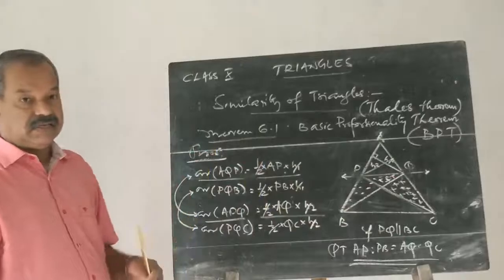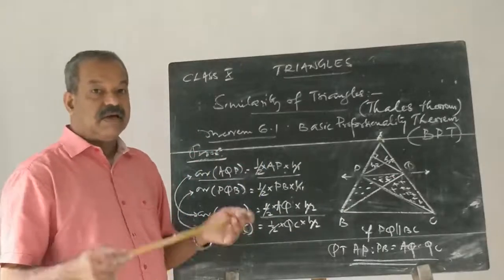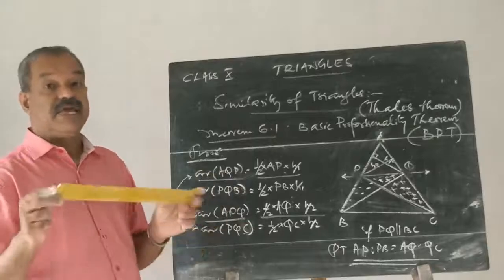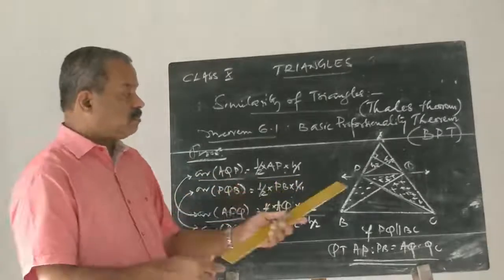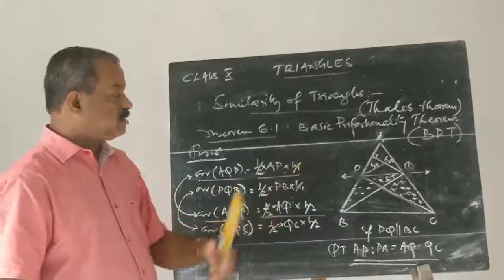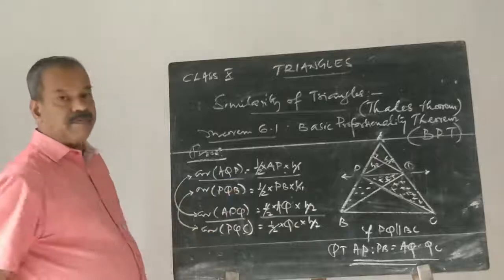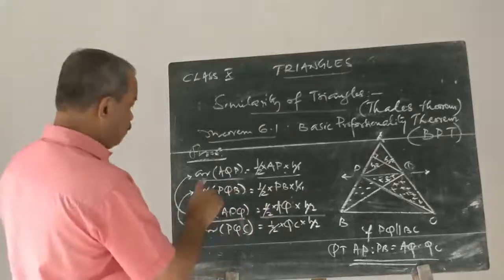We have already learned it. If two triangles have the same base and lie between the same parallels, they have the same area. That is a property of triangles standing between the same parallels. That means area of PQB is equal to area of PQC. Therefore,